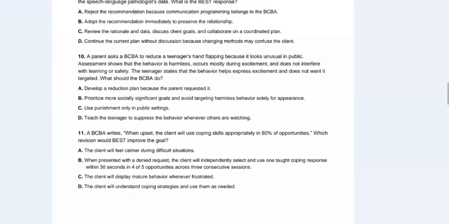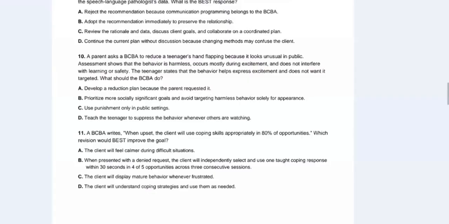Behavior is harmless, occurs mostly during excitement, and does not interfere with learning or safety. But the parent doesn't like the hand flapping because it looks unusual.